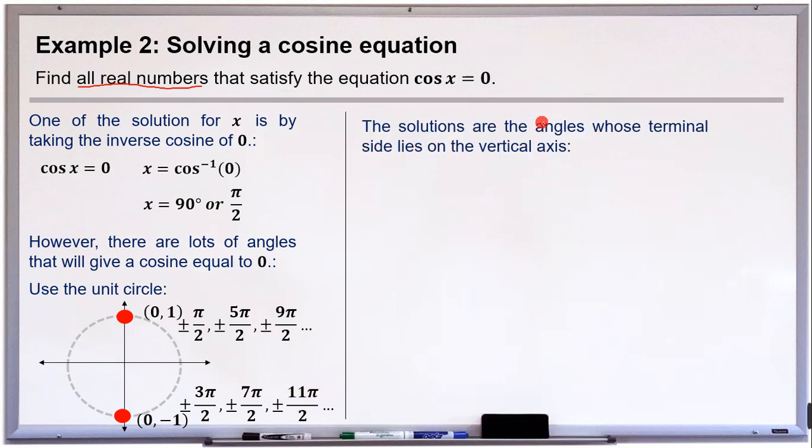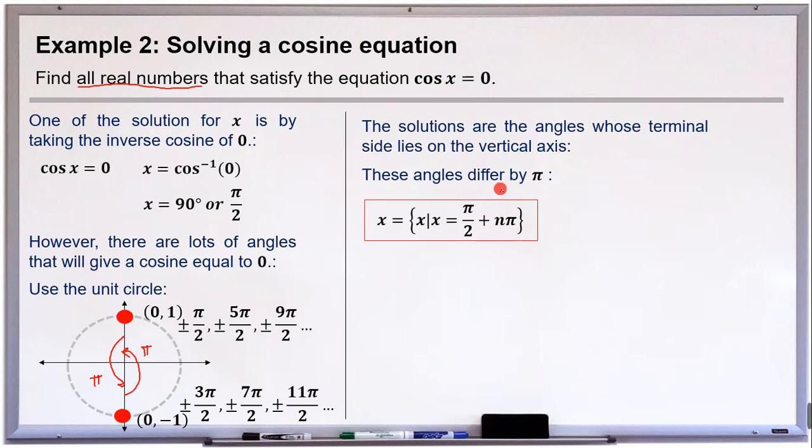So the solutions are the angles whose terminal side lies on the vertical axis. So these two on the upper portion and in the lower portion. These angles differ only by how much? By pi. So this one is equal to pi. And if we start right here, this one is also equal to pi. So both angles